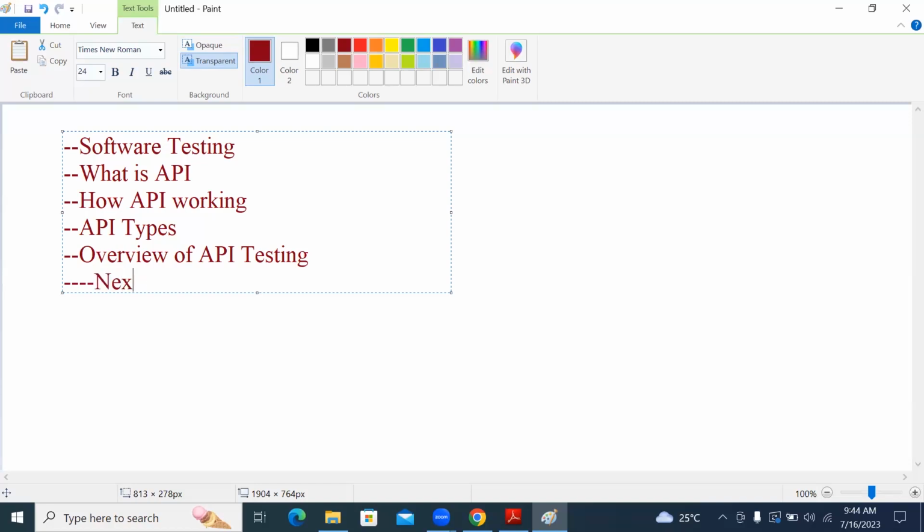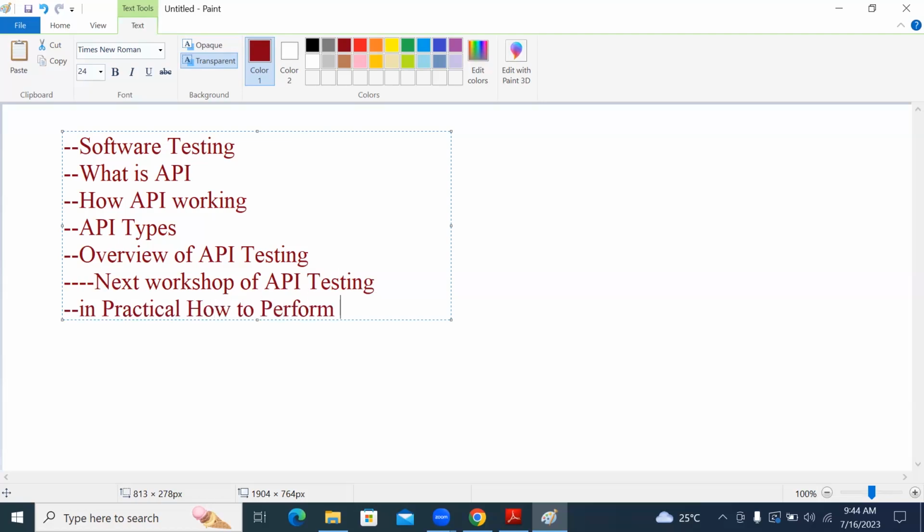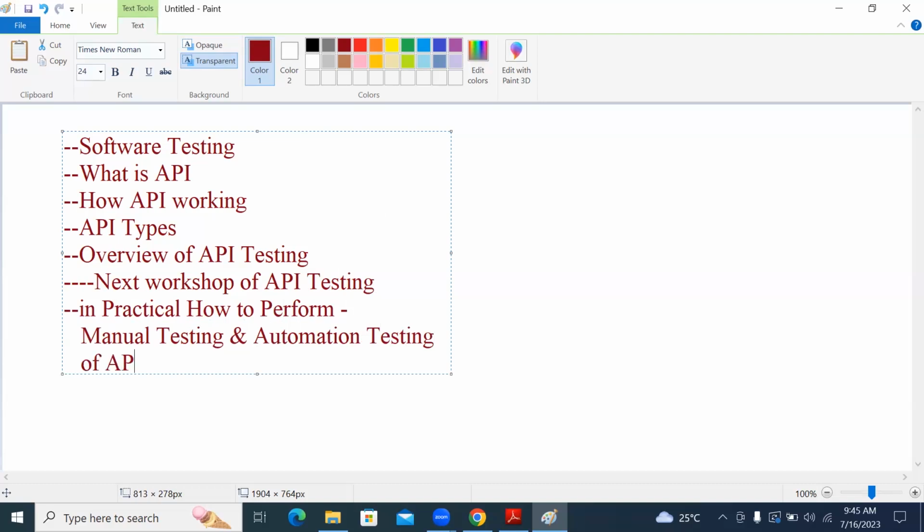In the next workshop of API testing, we'll understand in practical terms how to perform manual testing and automation testing of API.